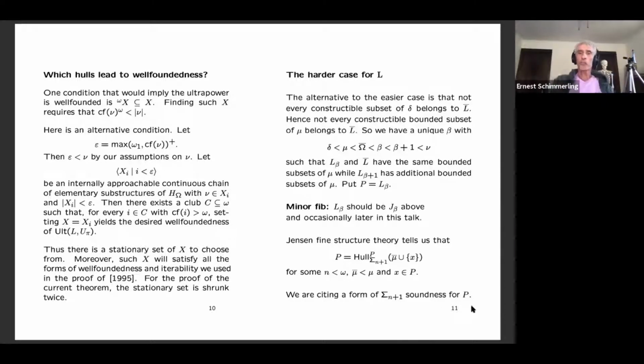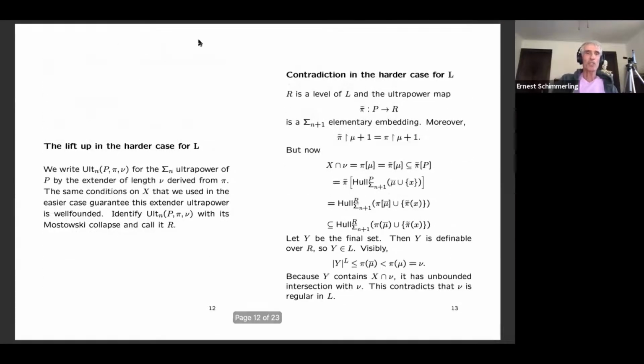So this property that P is the hull of some mu bar and some singleton x, whatever, that's called soundness, and in particular Sigma n+1 soundness for P, and I might refer to P as a mouse at some point. Okay, so continuing,